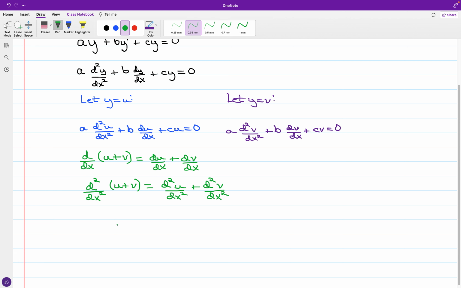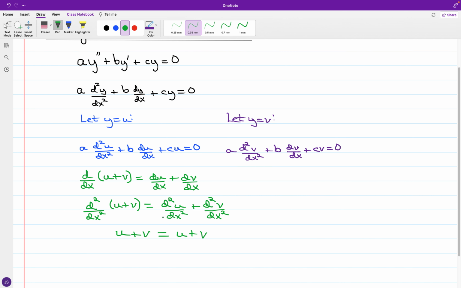And of course, a little bit reflexive, we've got u plus v equal to itself. Right. And so consolidating, it's going back to our original equation. So you have a d squared y over dx squared plus b dy over dx plus c times y